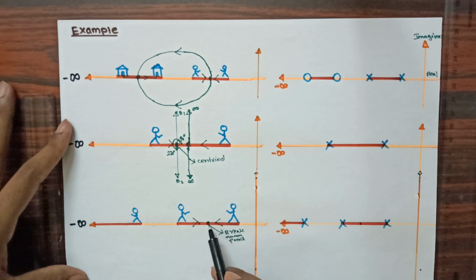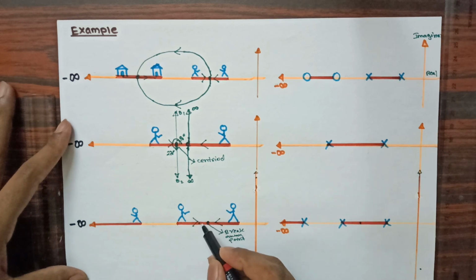Now when they meet at this point, they are going to come out. Their intention is to reach their infinite destination, but I need to provide the angle for these two. Based upon that angle only they are going to end at their infinite destination. So when three persons are there, I am going to give three different angles. For one person I will be giving an angle of 60 degree, for another person 180 degree, and for the third person 300 degree. So three angles I will be considering: 60 degree, 180 degree and 300 degree.